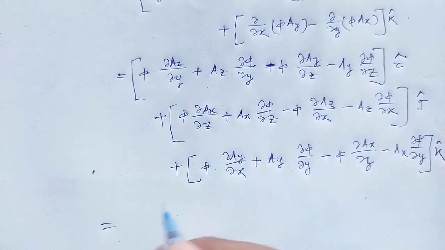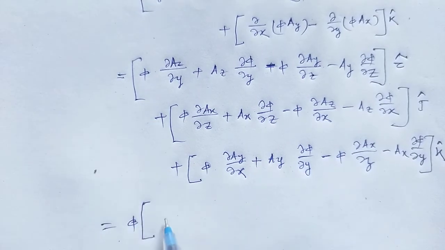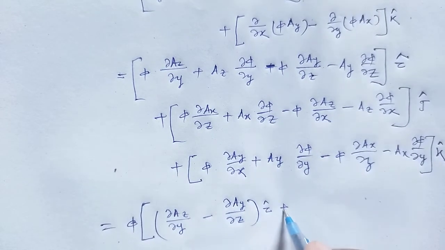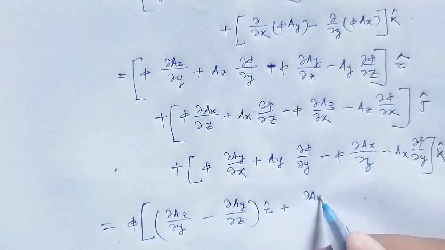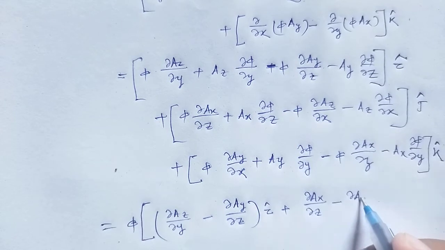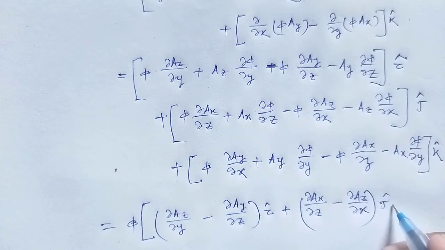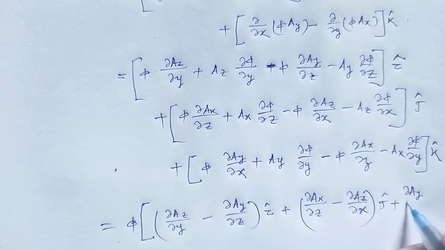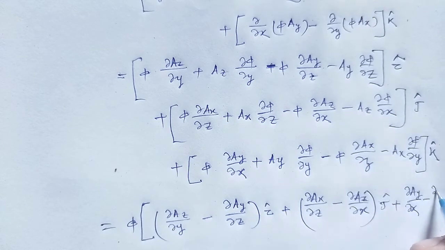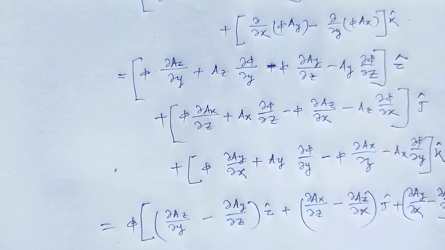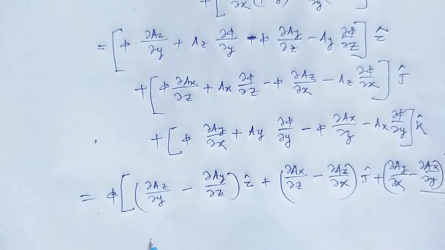Taking phi as common, that is del az by del y minus del ay by del z over i cap plus del ax by del z minus del az by del x over j cap plus del ay by del x minus del ax by del y over k cap plus